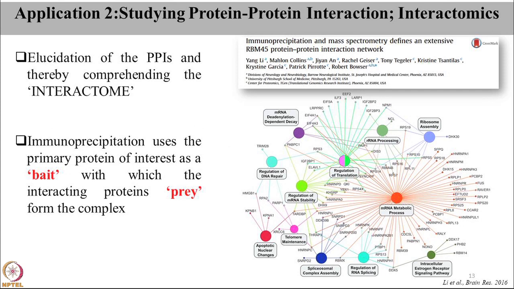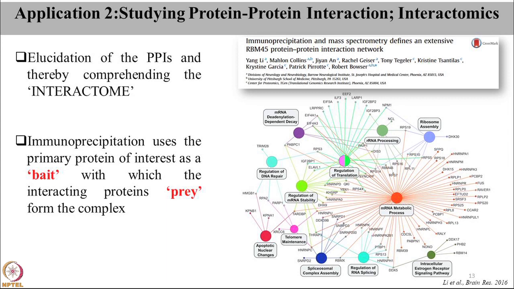The second application is studying protein-protein interaction, or the typical interactomics. For any physiological process that you're studying, be it in plants, humans, cancer, or infectious disease, you often find that your list of targets does not involve just one protein. You always have something else along with it, maybe a transcription factor, maybe another family of proteins. So it's never in isolation. This is exactly what we can achieve by doing an interactomic study. We will get to see the PPIs, or protein-protein interactors.